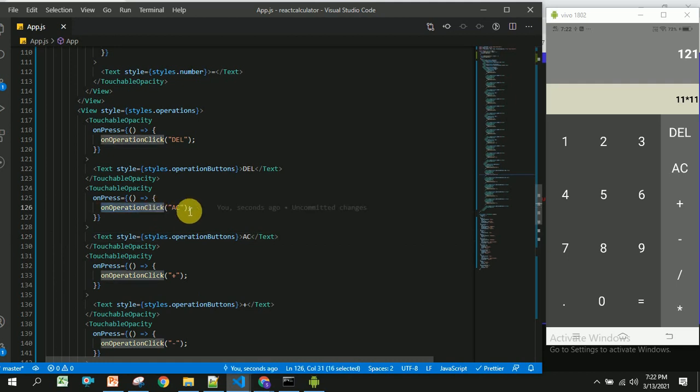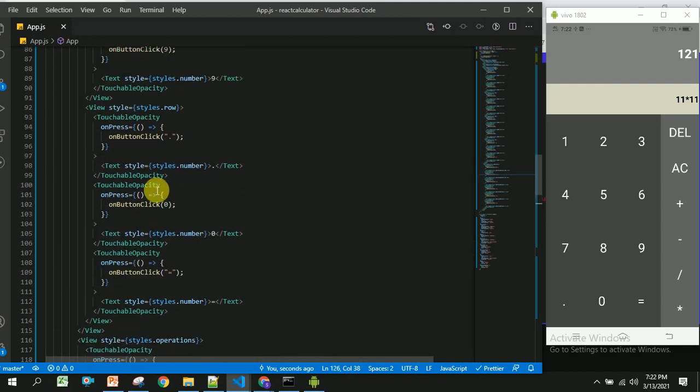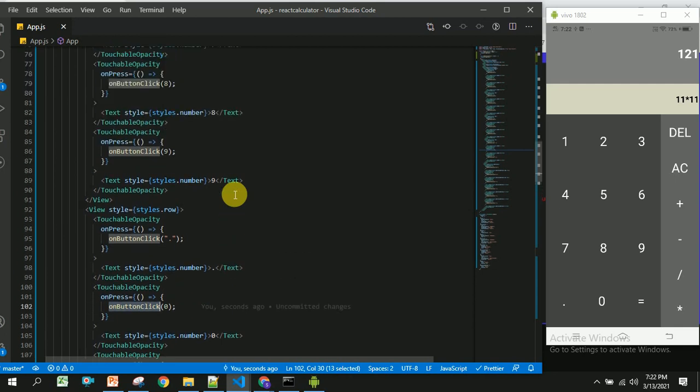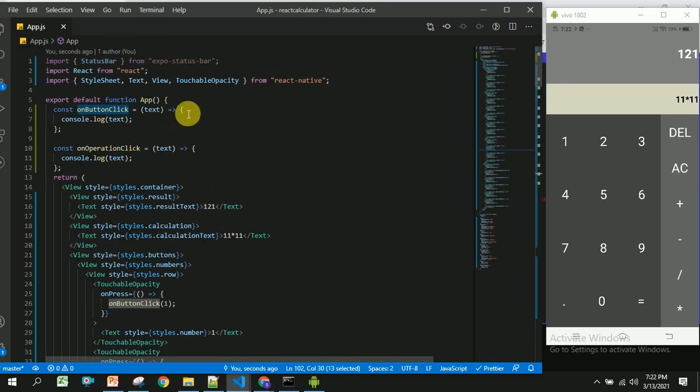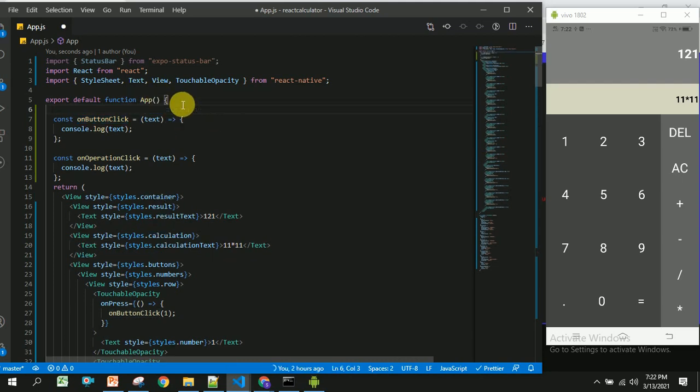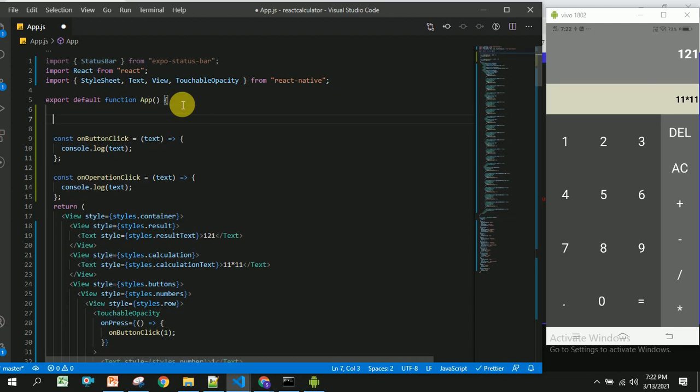So for this I am going to this on button click, and before that I am going to create some 2 text. One is for calculation and another is for result, by using useState hook.